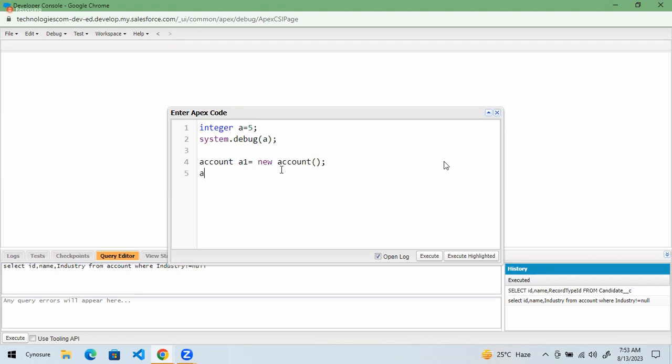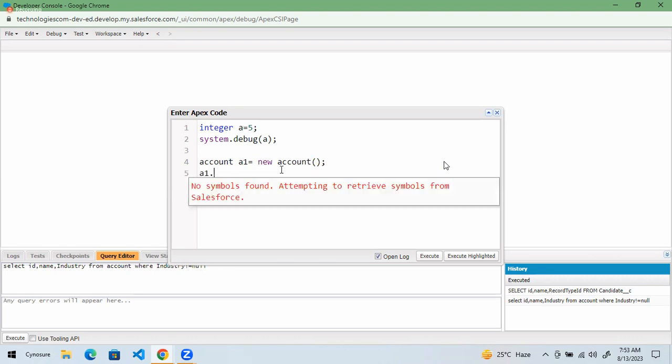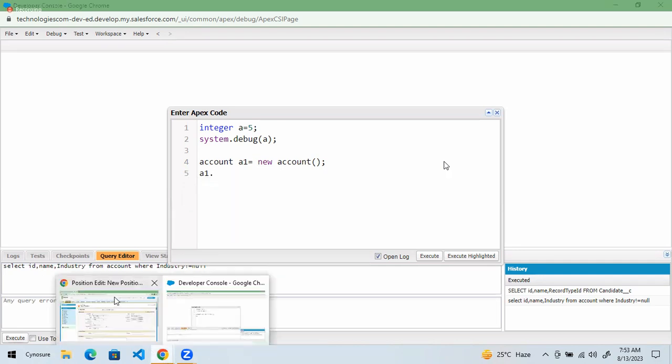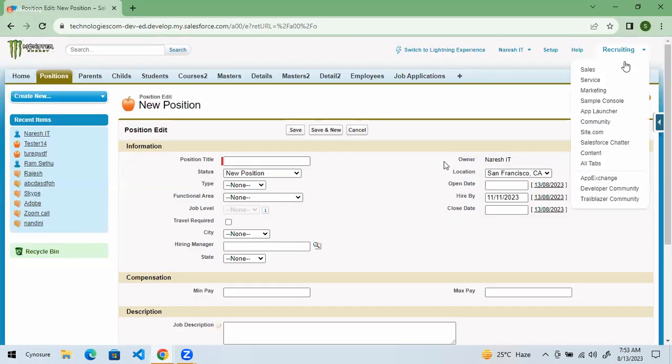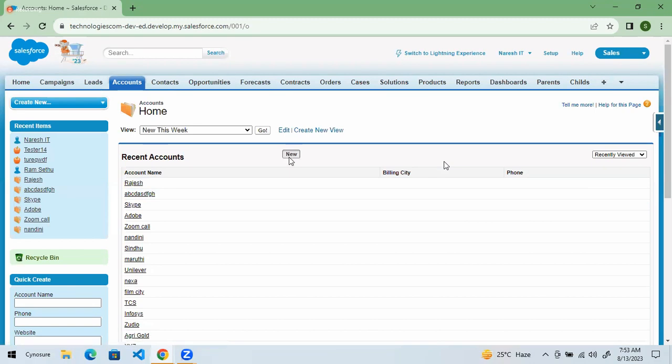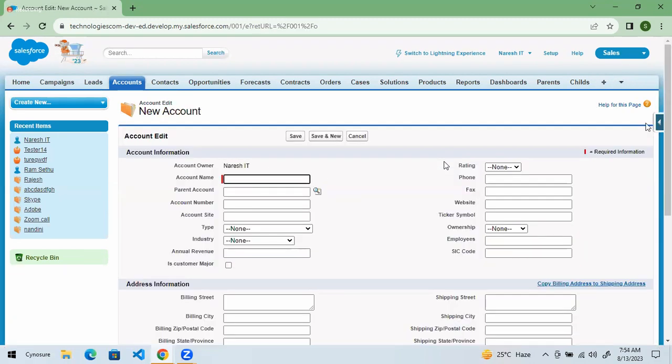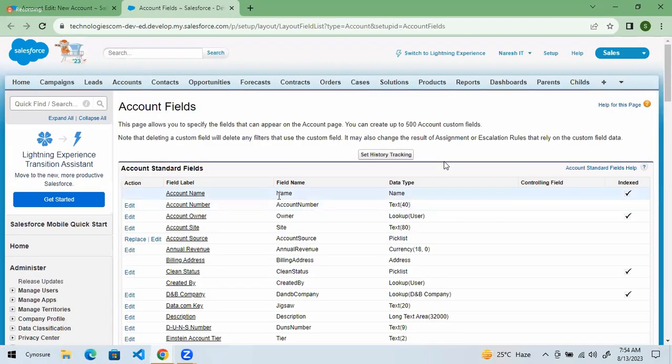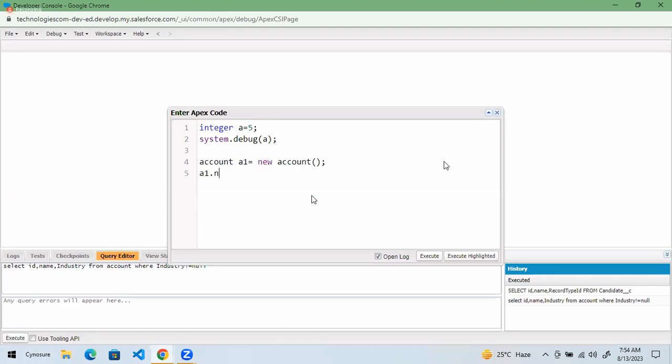After that, a1 dot, what is mandatory on account? Let's go to the accounts tab and open one account. The name: always we have to choose the API names, not the labels. See, this is the label, this is the name. We are interested in names, not the labels. So a1.Name equal to